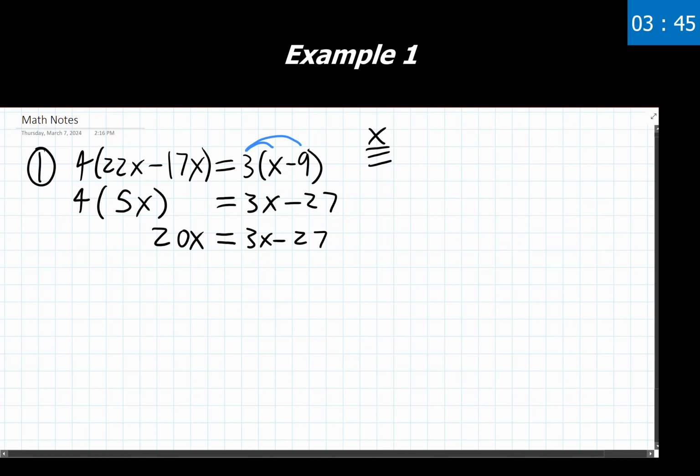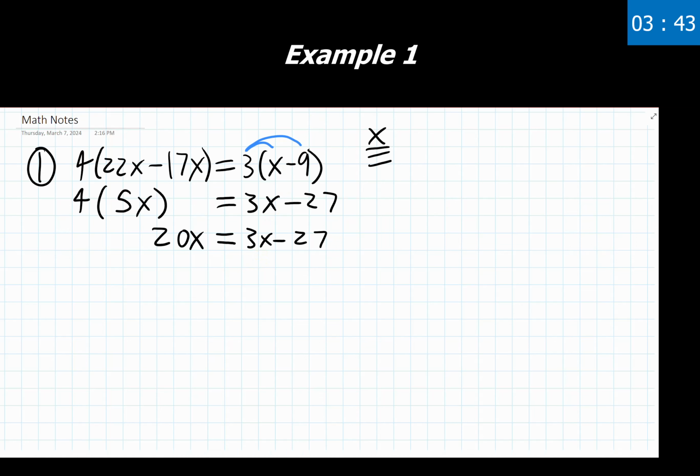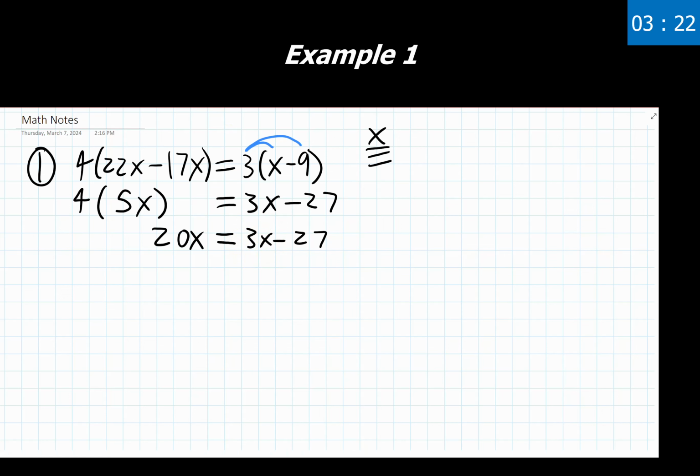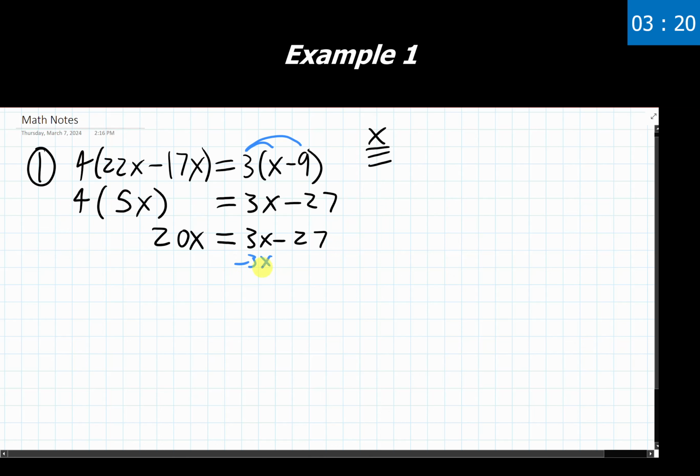If we are going to apply the hint from our process that was listed earlier, then we are going to eliminate the lower valued variable term. Meaning, if I'm looking at the x over here and the x over here, which of these coefficients is lower? In this case, it's going to be the 3. So I'm going to eliminate this 3x on the right side. So I'm going to subtract 3x on the right side.